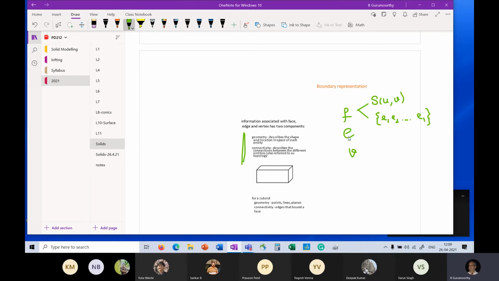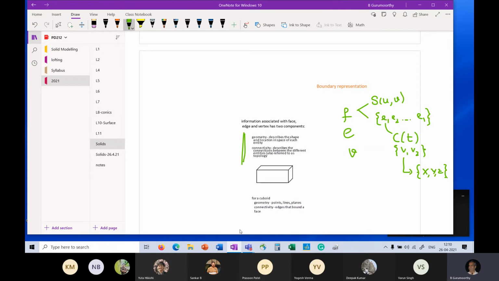right? And likewise, the edges in turn can have geometry associated with them, which is the equation of the curve, and the boundary of the curve in the form of the two vertices. And the vertices in turn have geometry associated with them in terms of the coordinates. Right?